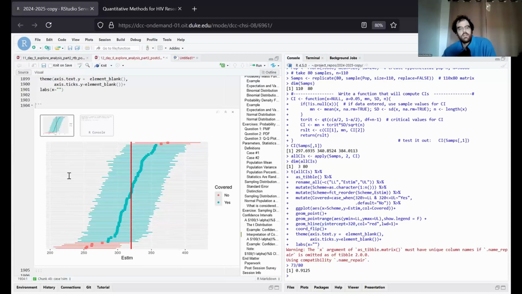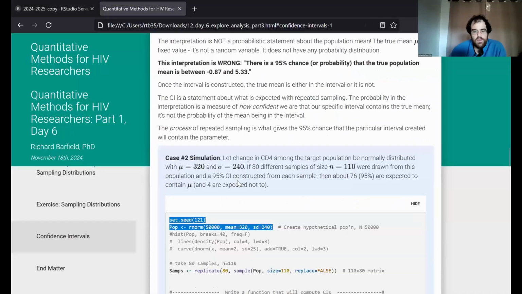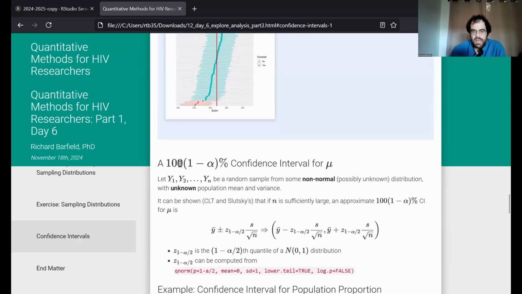No? All right. So next up, let's talk about if it comes from a non-normal distribution. So we have y1 through yn, which is not from a normal, and it has some unknown mean and variance. If you remember last week, we talked about the central limit theorem. And there's another theorem called Slutsky's theorem, that if n is sufficiently large, we can construct an approximate